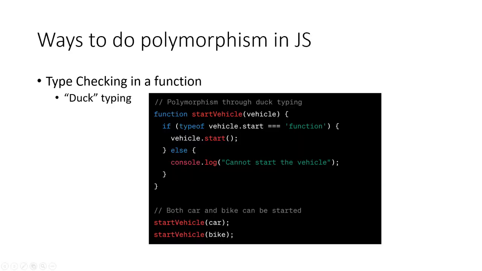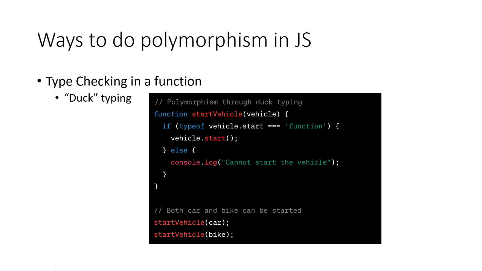So, ways to do polymorphism in JS: you can type check in a function, and this is called duck typing. If you see this method, we're checking if the argument that you're passing into the function is of a certain type. And if it is, we're going to run that method. If it's not, we're going to do something else. So when you call start vehicle on a car and start vehicle on a bike, potentially, this is assuming that you've created a